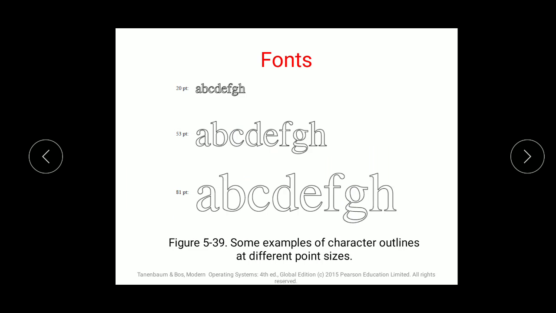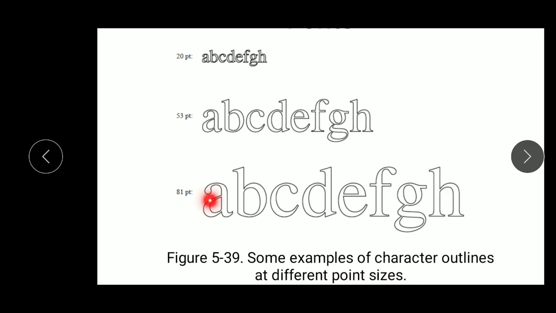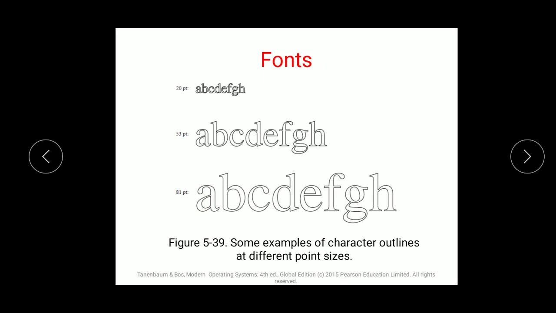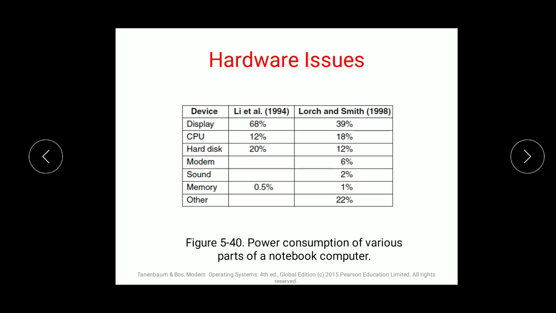Then fonts. Different fonts are used over the graphic, and formats are applied to them; the fonts have different sizes. Each and every point, you can see this PT, that is, points, is increased over your graphic font, so that the increment of your font can be seen, that is, the outline can be shown.